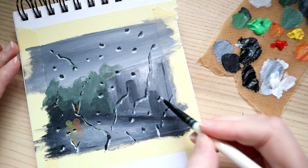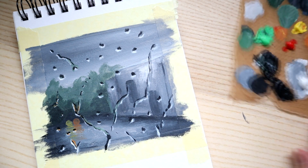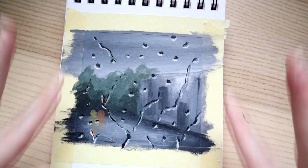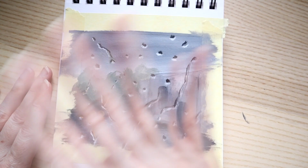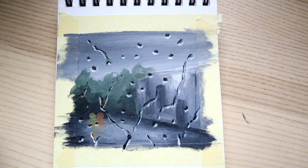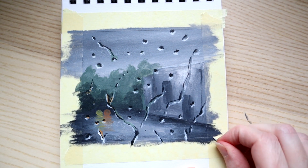Okay, so we're putting some extra dots of white just to catch the light, and there we go. There's our little windscreen raindrop painting. And I'm just going to take off the tape now. And to do that, I like to use a hairdryer just to warm up the glue so it's easier and doesn't rip the painting. So I'm going to do that off camera, and then I'll come back and show you the finished painting. Okay, so let's take off the tape, the most satisfying part,